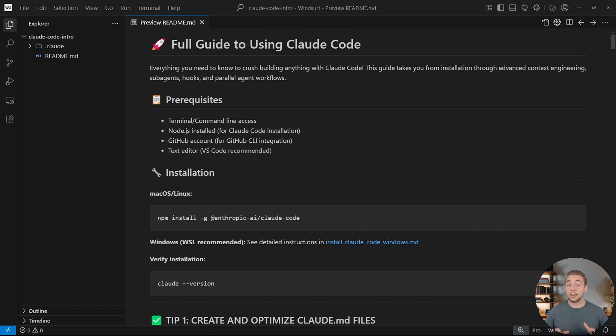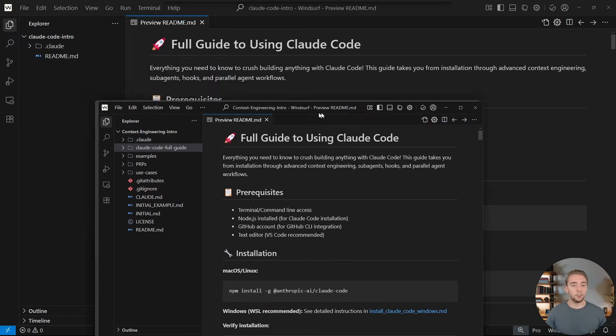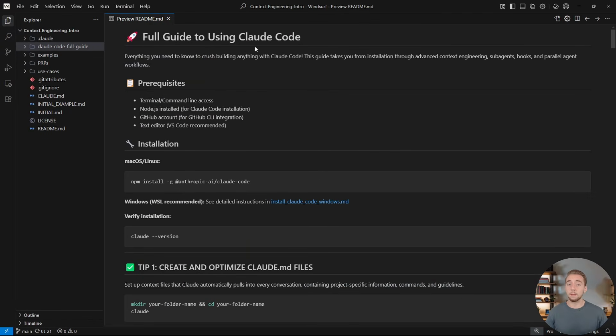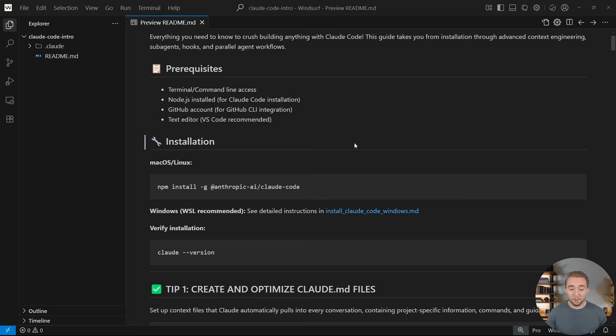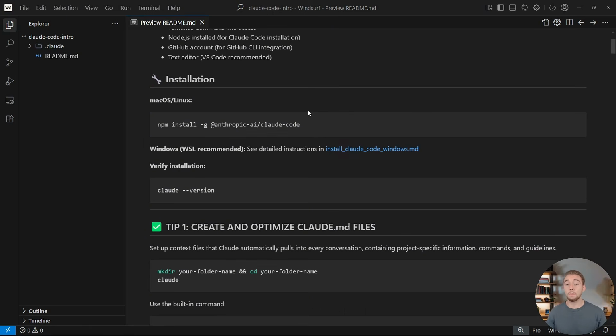All right, so I have a completely empty folder open up in my IDE, except for the README that has all of our strategies that I just copied over from the template that I have linked in the description. And even if you have never used or installed Claude Code before, I've got you covered because I have their super simple installation steps at the top of the README here, which for Mac and Linux, it's just a single